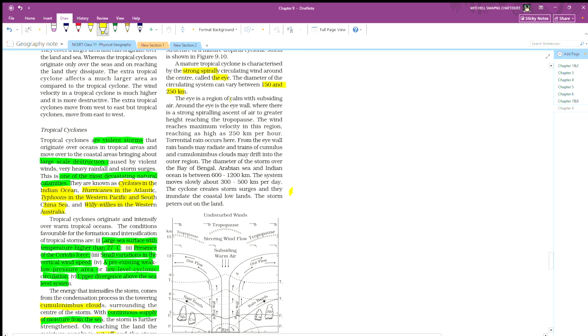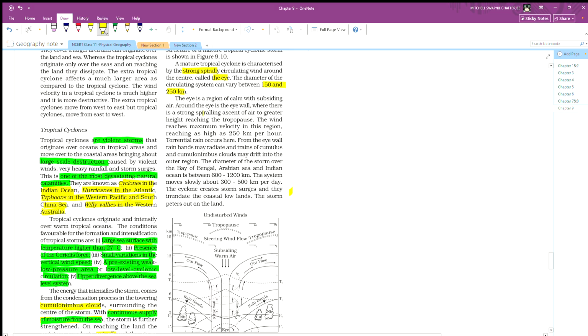The eye is a region of calm with subsiding air. So whenever there is a hurricane, try to stay at the middle, at the eye. Around the eye is the eye wall, where there is